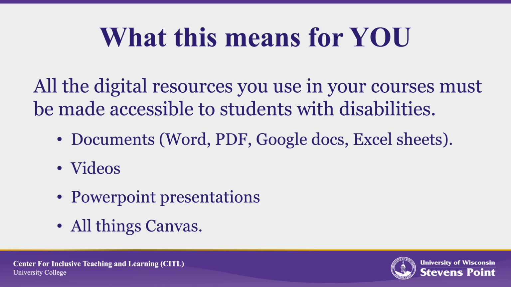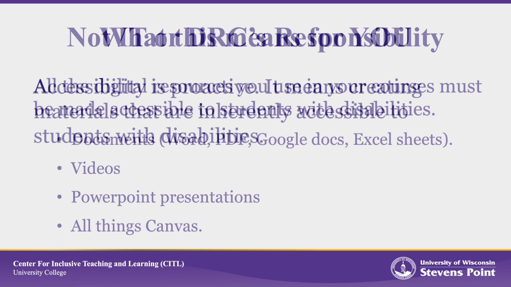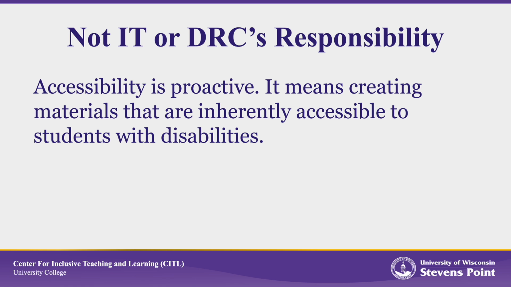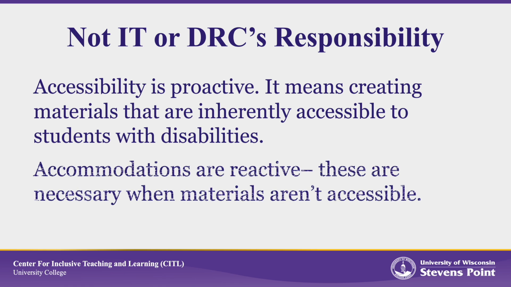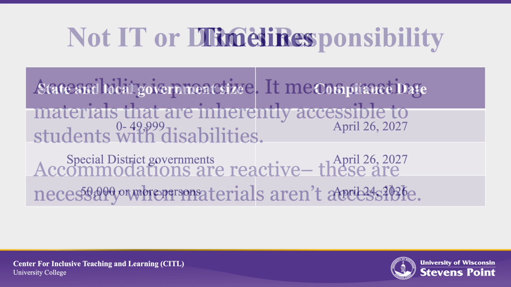I've spoken to a number of faculty about this, and I know y'all are prone to wishful thinking that because students with disabilities get accommodations anyway, the Disability Resource Center will handle anything that needs to be done. But that isn't the case. Accessibility is proactive and ensures that students can access materials regardless of accommodations, which are reactive and must be provided when content isn't accessible. Title II of the ADA says that just as buildings must be built with accessibility features, so too must digital resources. Similar to an inaccessible building, there's not a simple accommodation solution. The recourse will be to remediate the content of your course.